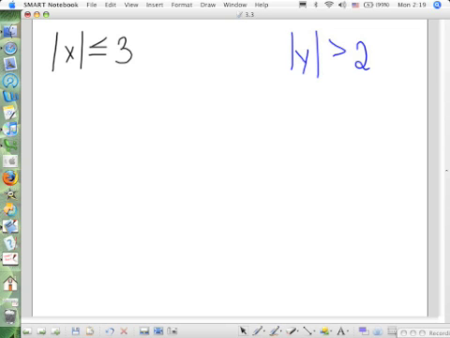If the absolute value of x, when there is no y, is vertical